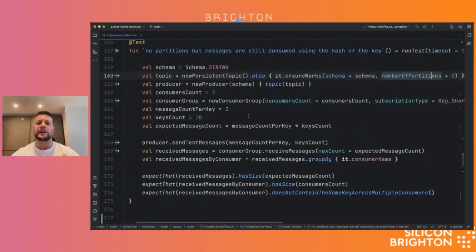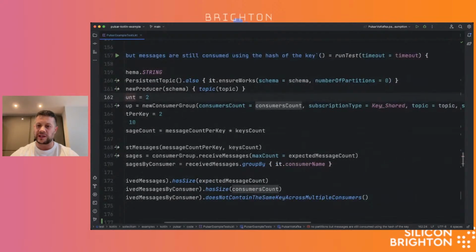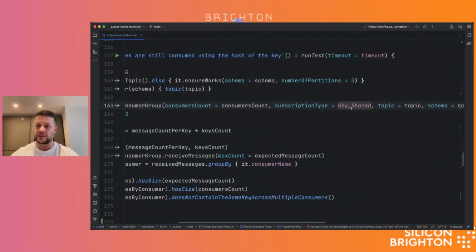In Kafka, if you create, say, 1 partition within a consumer group, you can only have a maximum of 1 consumer actively processing. Now in Pulsar, you can have as many as you want because this behavior is decoupled, and I explain a bit why and how that is possible. Here I'm creating 2 consumers within the same consumer group, using this subscription type called key shared.